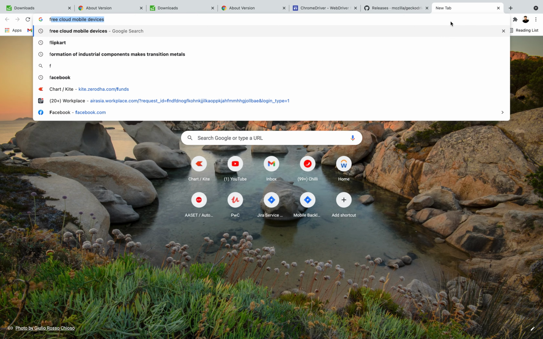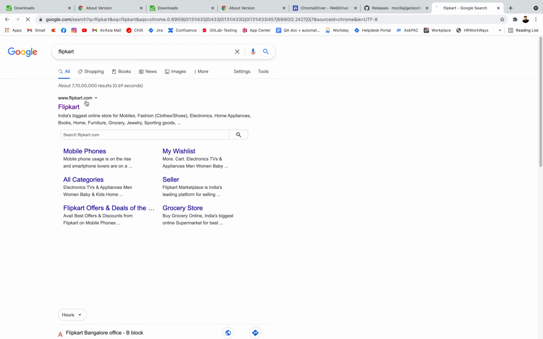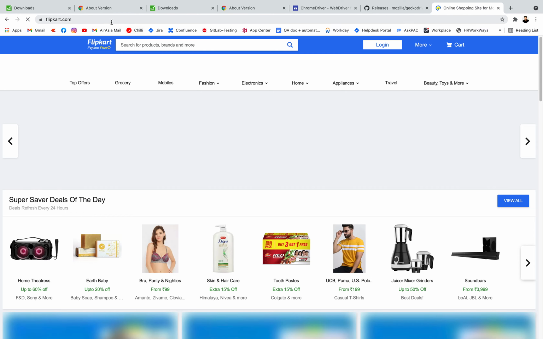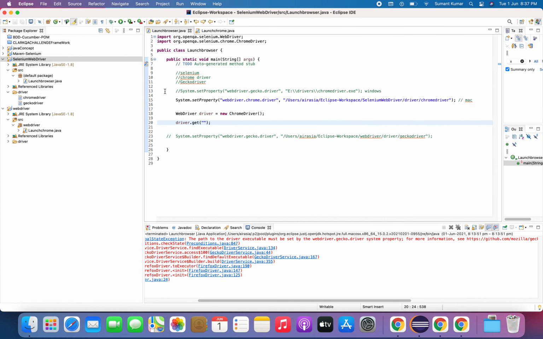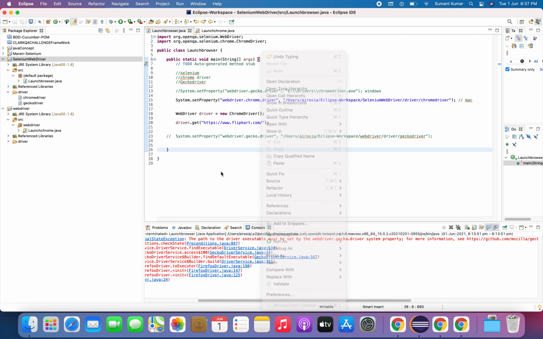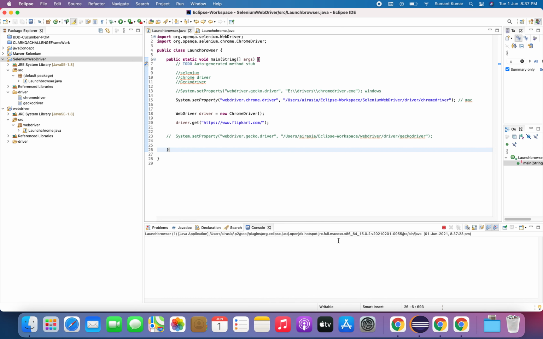Flipkart you want to launch, right? I'll just copy this URL and paste it here. Fine, now we are all set to run this code. So let's say Run as Java Application.